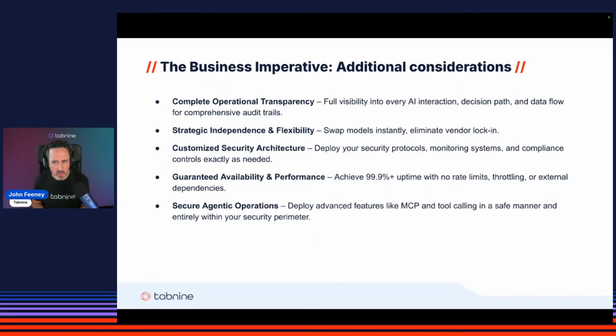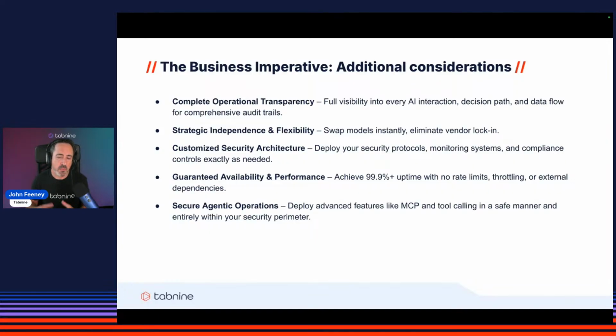Security architecture is important as well. With an on-premise deployment, you implement exactly what you need. So your security team maintains full control, and they're able to use tools that are familiar to them, and they're able to use established procedures. Availability is another benefit. With your own deployment on-premise, you can achieve 3 nines or even 4 nines uptime because you control all the variables. And also, you're not going to run into any surprise rate limits either during critical operations. And there's no throttling either during peak usage, right? You're in control of everything.